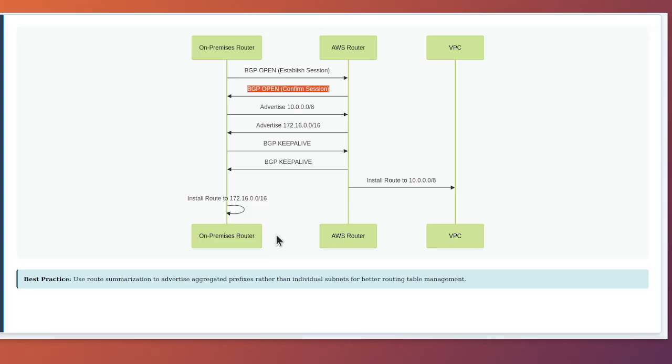BGP also supports path attributes that influence routing decisions. For example, you can use the BGP local preference attribute to prefer one Direct Connect connection over another if you have multiple connections. You can use AS path prepending to make certain routes less preferred. These advanced BGP features give you fine-grained control over traffic flow in